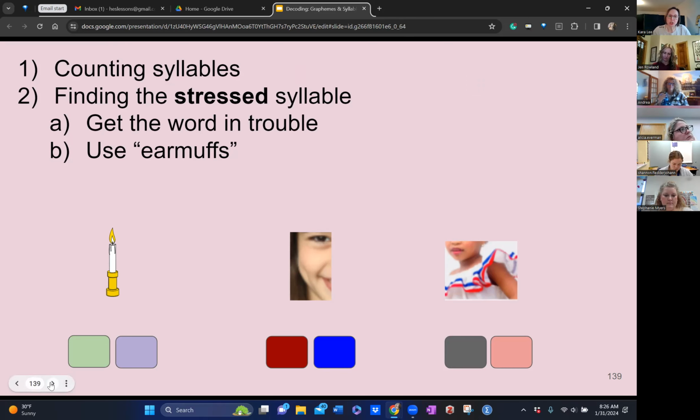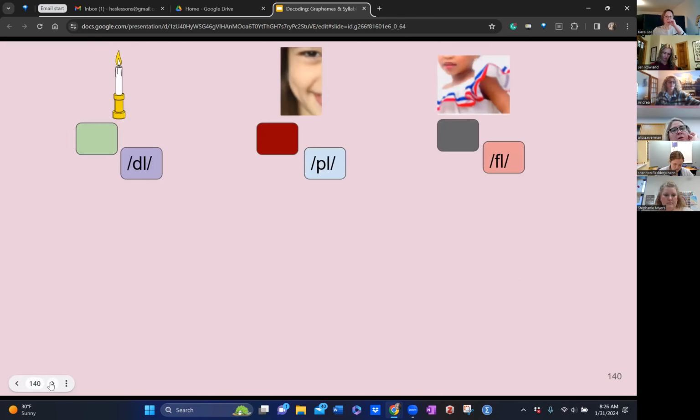So the way that we show a stressed syllable then is to push the syllable square further up, right? So remember we had them side by side. Candle, I can hear two. It's not candle. Nope. It's a candle, two syllable squares. And then when I find the one that's stressed, I push it up. Okay, that's how we show